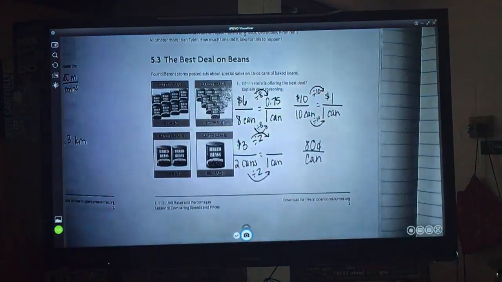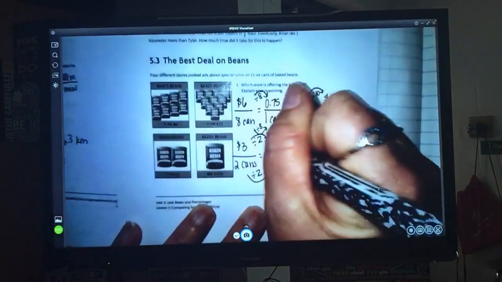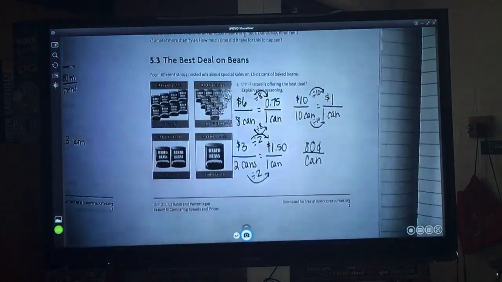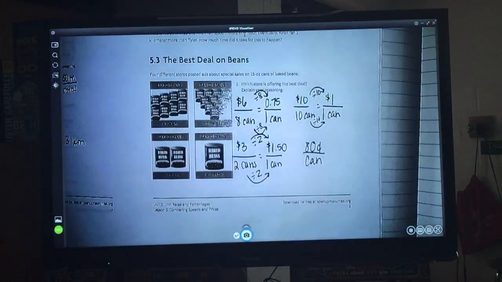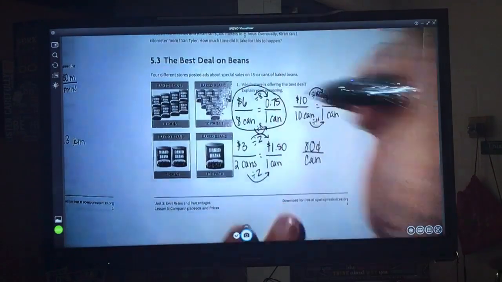So when you divide 3 by 2, raise your hand and tell me how much you get per can. Michaela. $1.50. So which one is the cheapest? 75 cents, $1, $1.50, or 80? Jason. 75 cents. All right, so